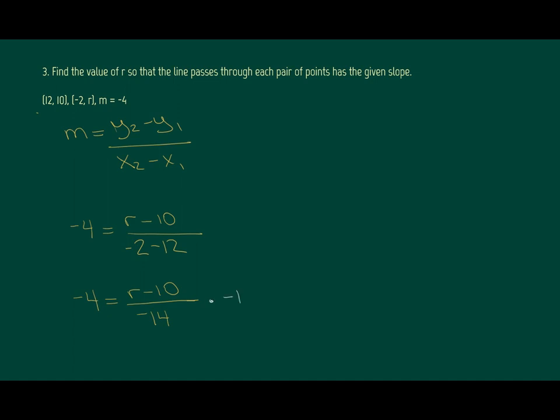So I'm going to multiply both sides by this negative 14 so that this will cancel. Negative 4 times negative 14 is 56. And that equals the r minus 10. I'm going to add 10 to both sides. So I get 66 equals r, and that is my